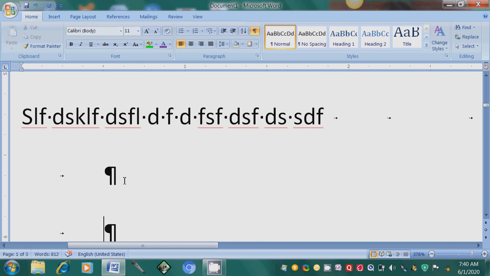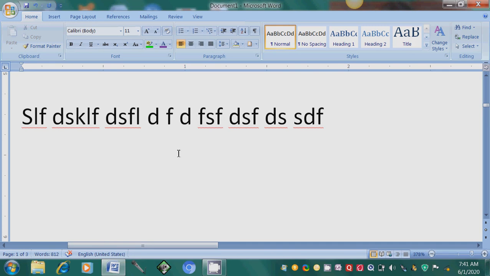So sometimes we do not do proper tab settings. Then we can check where we have made some mistakes by using this paragraph mark. Now the keyboard shortcut for this paragraph mark is Ctrl Shift 8. Ctrl Shift and 8. You press all together Ctrl Shift 8. Ctrl Shift 8 to make the paragraph signs appear, and Ctrl Shift 8 again to make them disappear from the screen.